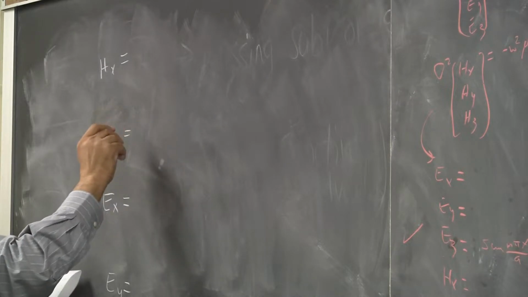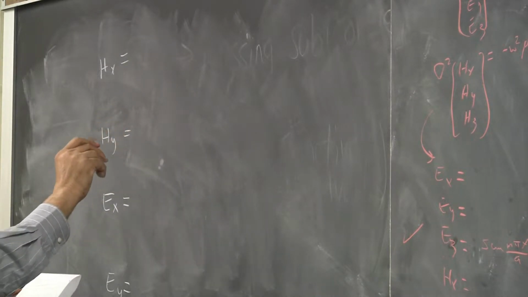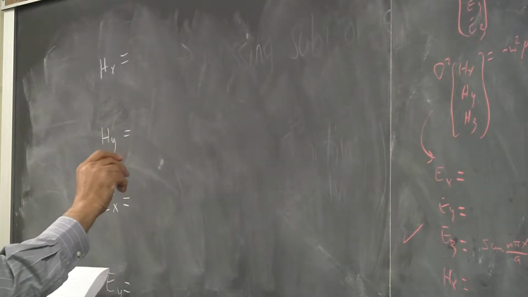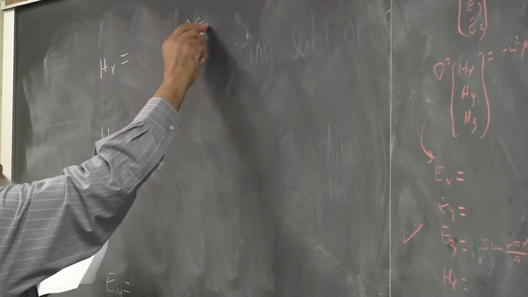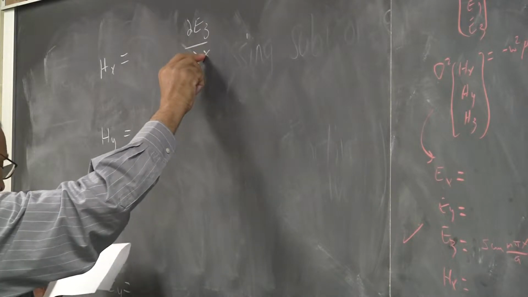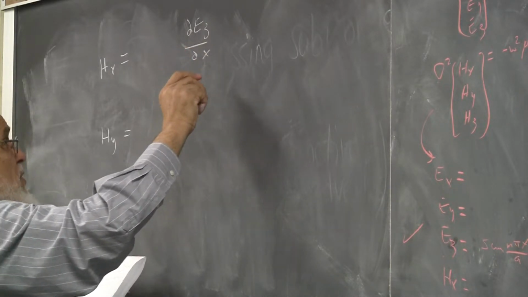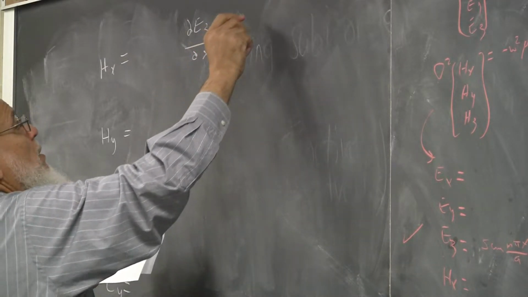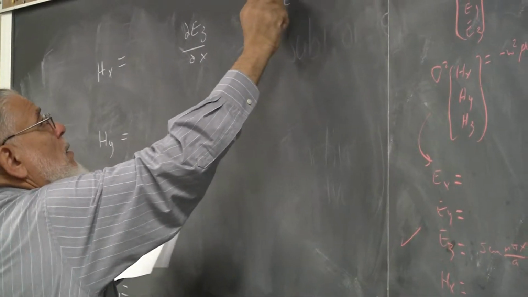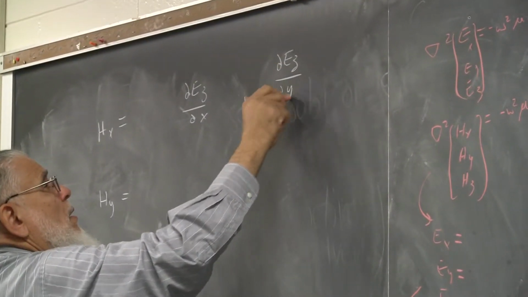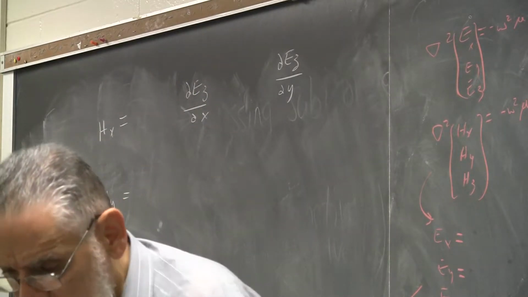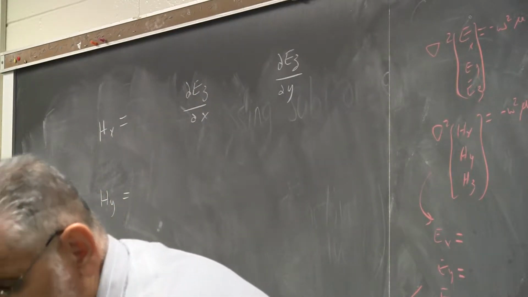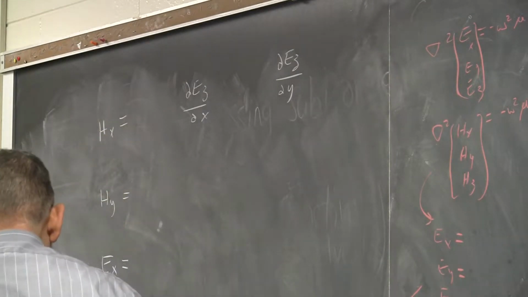And all of these will be in terms of partial E sub z partial x, and partial E sub z partial y. The coefficients here, I'm going to use this one here, it's going to be better. Partial E sub z,